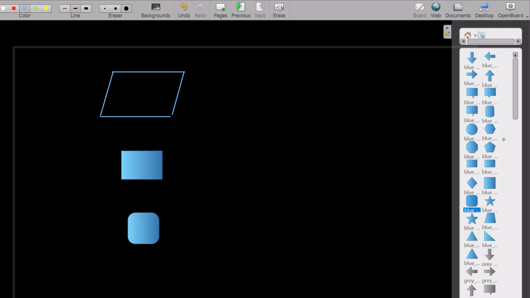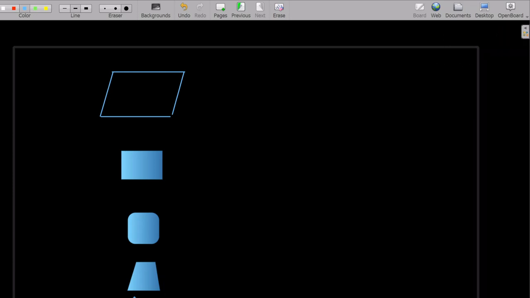And we need a trapezoid, and we need a rhombus. Okay,